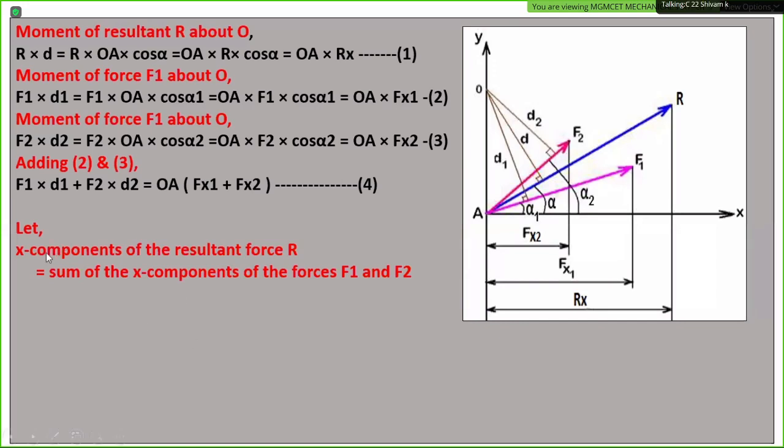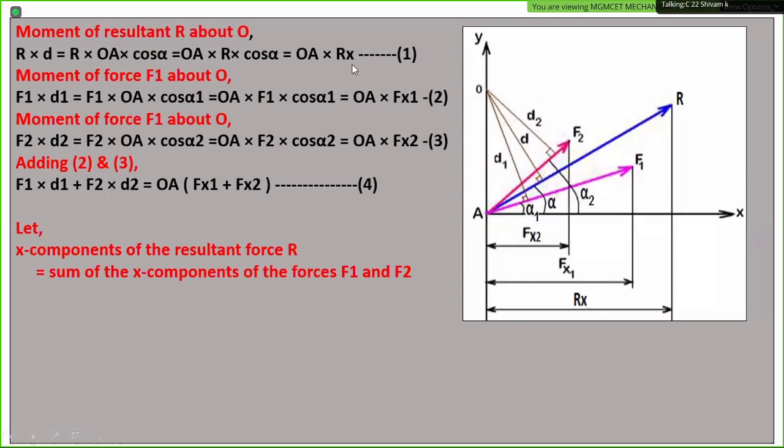Okay. Sir. Sir. हाँ बोल. Sir, moment of force F1 about O ना. What I told you in the beginning. If you have any doubt at the end, पूछा करो मुझे. जो भी डाउट है आपका बाद में पूछने का एंड में. In between, don't ask me the question. Later on, you can call me on the phone. I got your phone number also. At the end, I am giving you 5 minutes. There you can ask the question.